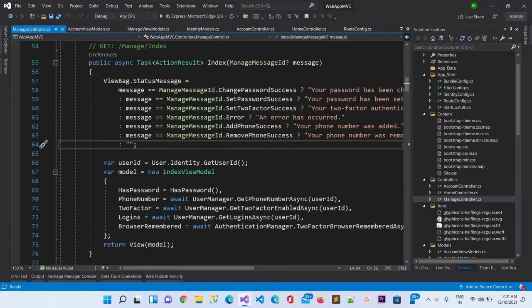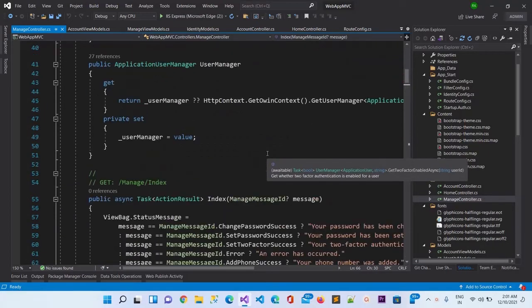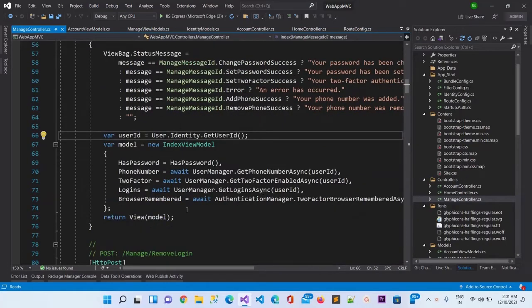Here it gets the user ID, which means it is using the identity server or OWIN authentication. It gets the user ID and returns the model here.